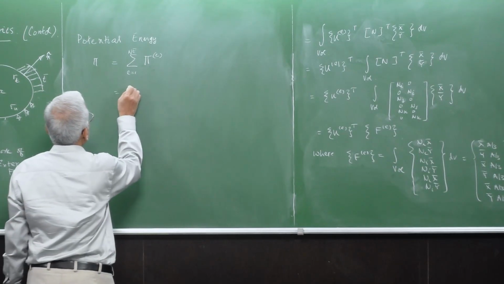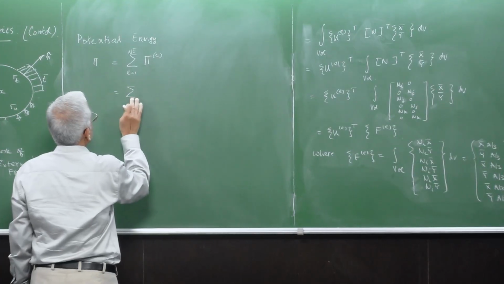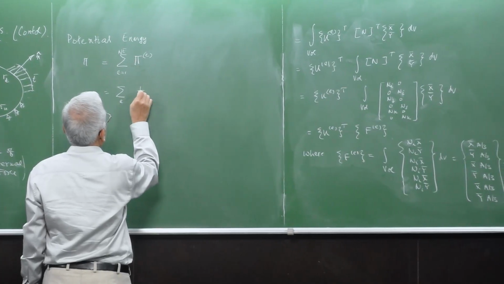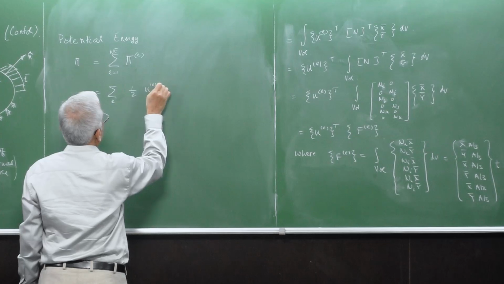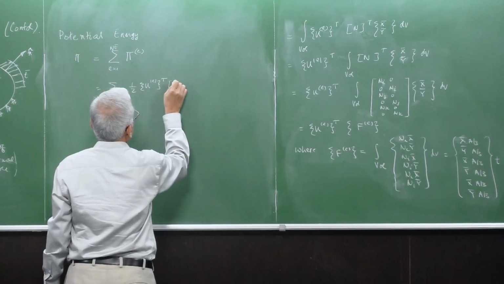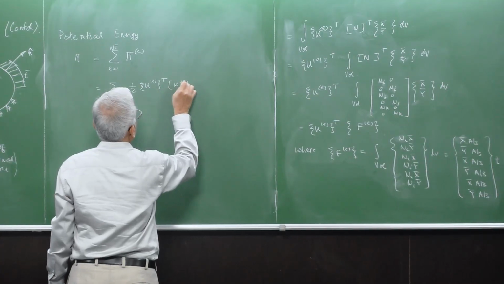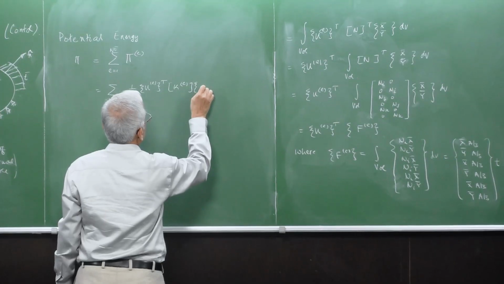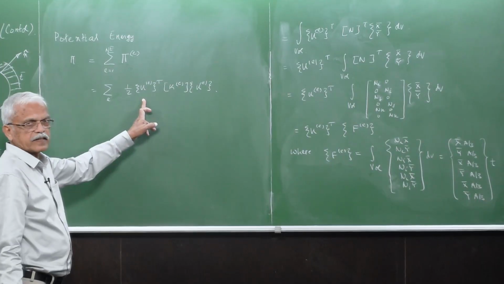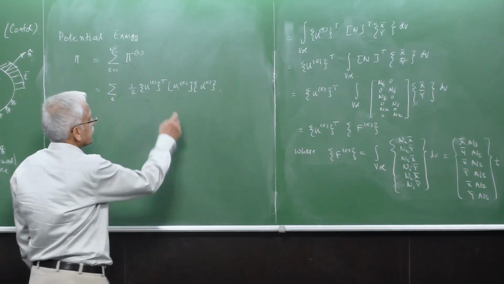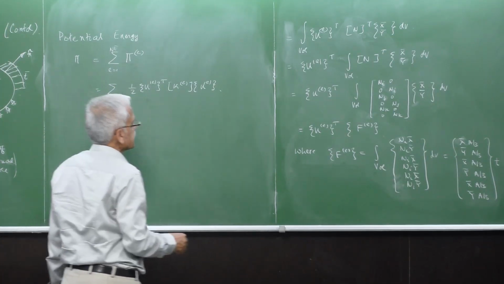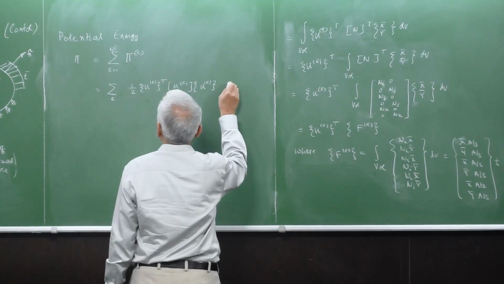So it is nothing but, what we have here is half UE transpose K. So this is for one element, a generalized triangle, half UE transpose K times U. So this is what we found out, the strain energy, and together with this one, we also have